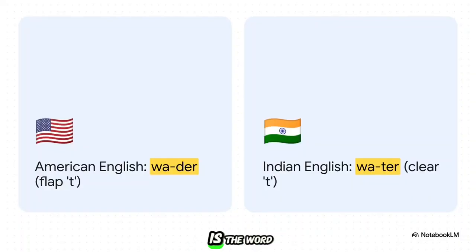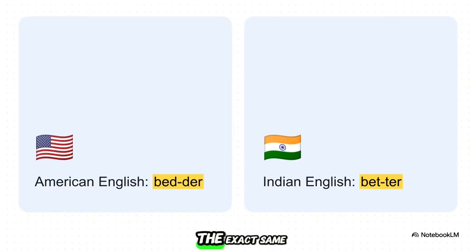A perfect example is the word water. In the US, you'll almost always hear "wadder." That T in the middle becomes a soft D sound. We call it a flap T. But in Indian English, it stays a hard T, "water." Can you hear that crisp T sound? That's the key. And we see the exact same thing with a word like better. An American will often say "bedder," but in Indian English, you'll hear both of those T's pop, "better." Once you start listening for that clear, sharp T, you'll start noticing it absolutely everywhere.